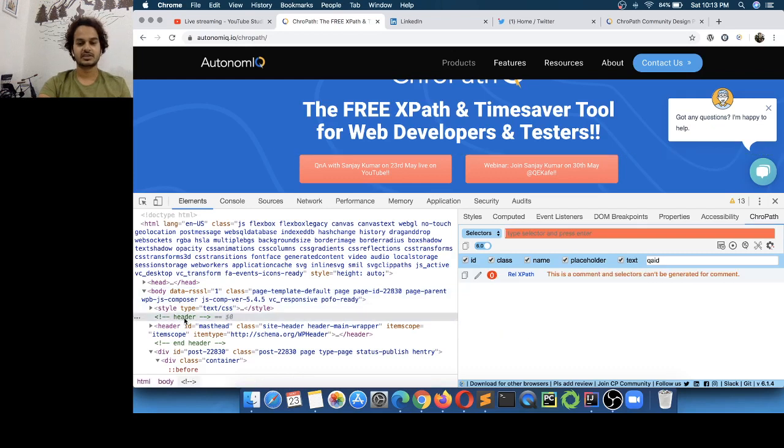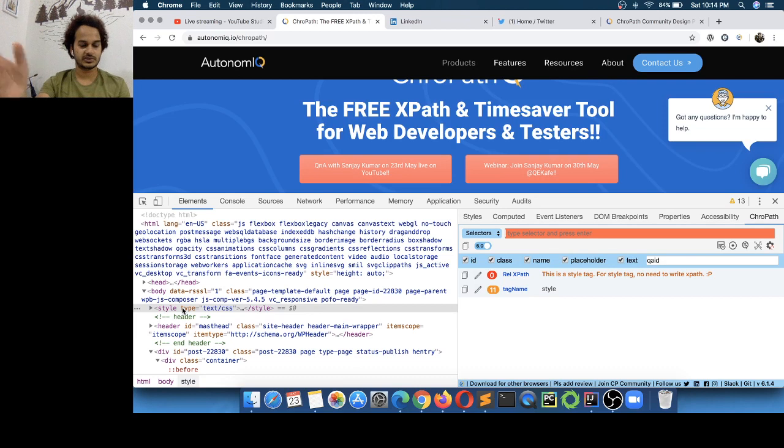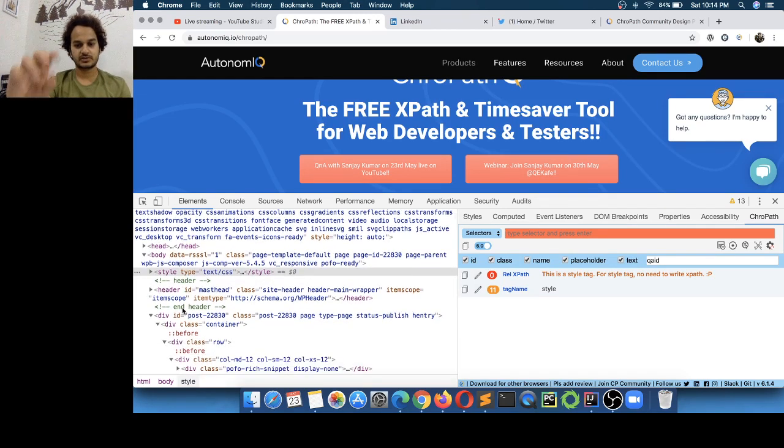Like this is a header, and this is a comment here. So ChroPath tells you that this is a comment and selectors can't be generated for a comment. Let's say you are a beginner and you are trying to generate selectors for such elements. Then in a single click you would be able to understand why it is not possible, and whether it is possible or not to write a selector